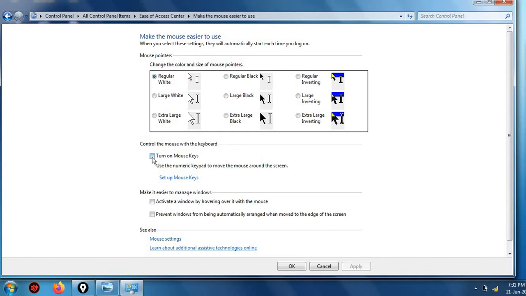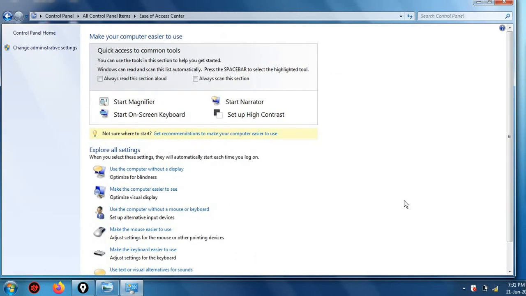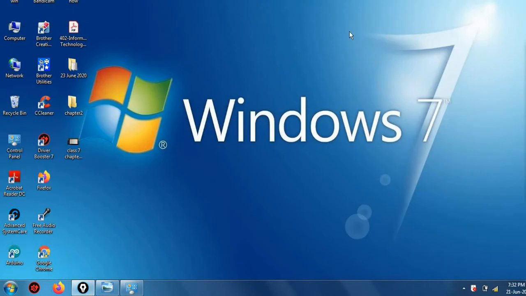I will click on this, then the Apply button and then OK, right? Now I will minimize this, and I was moving this with the help of my mouse. Now my numeric keyboard will work as a mouse, right?